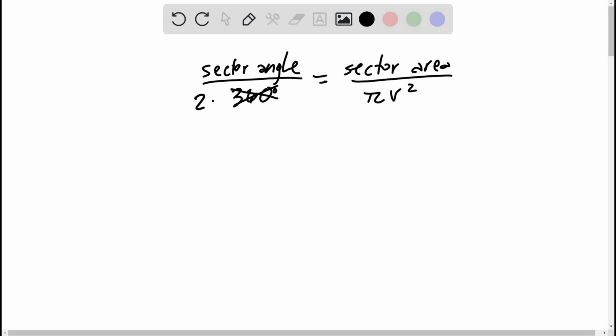So let's go ahead and make that 2 pi, since there are 2 pi radians in a circle. So that would be 3 pi over 5 is the sector angle, divided by the total amount of angle, or total amount of radians in a circle, is equal to the sector area. I'll go ahead and just call this x over, and then if your circle is